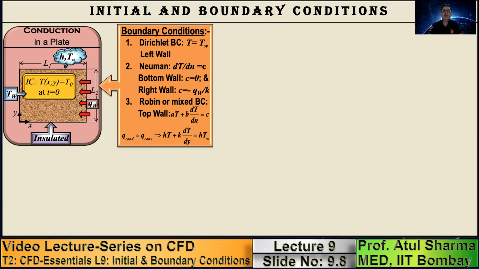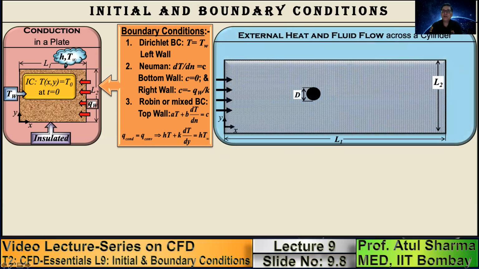In fluid mechanics, we have two types of flow situations: external flow and internal flow. So here I will present the initial and boundary conditions corresponding to these two problems. This is an external flow problem corresponding to flow across a cylinder, which is of circular shape. In this case, you can see that the fluid is entering with a constant velocity from the left boundary. And let us suppose the fluid is initially stationary here, and suddenly from the left side there is a flow which is coming in. The initial condition is stationary fluid, u equals 0.